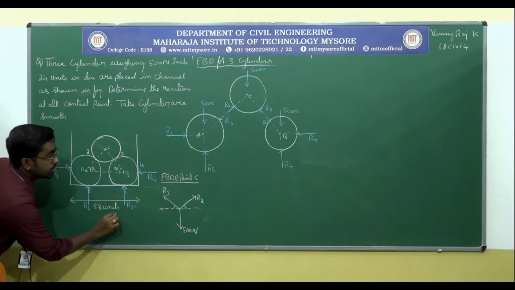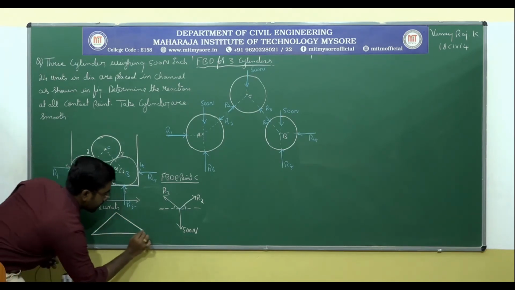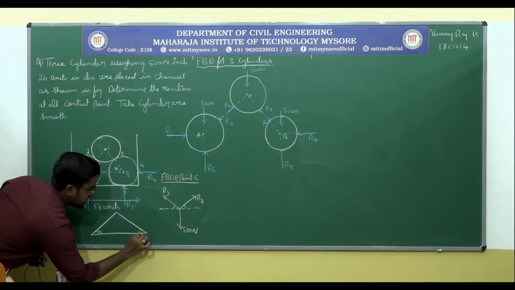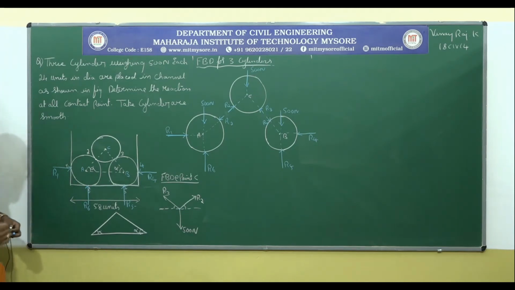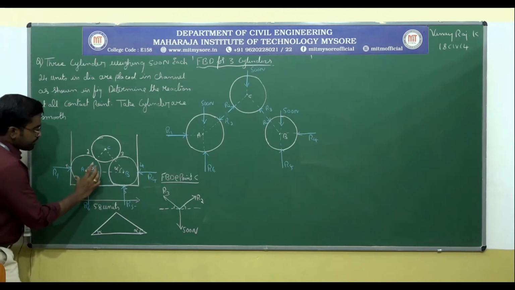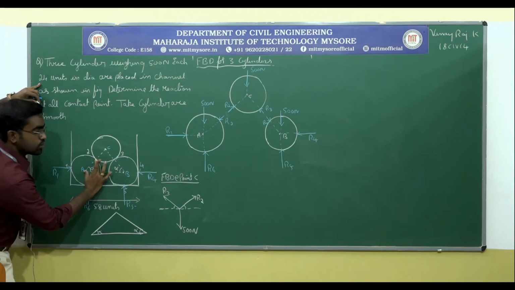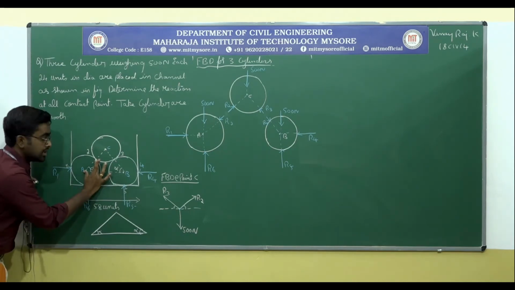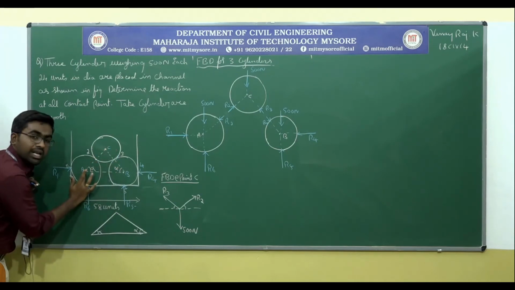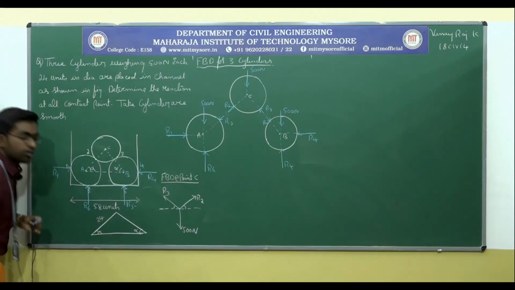So this is the isosceles triangle. So this will be alpha, this will be alpha. Now I need to calculate the sides of the isosceles triangle. So the overall diameter of one cylinder is 24. That means what should be the radius? 24 divided by 2, that will be equal to 12. Right? So this is 12. This is 12. So 12 plus 12, 24. So this will be equal to 24.